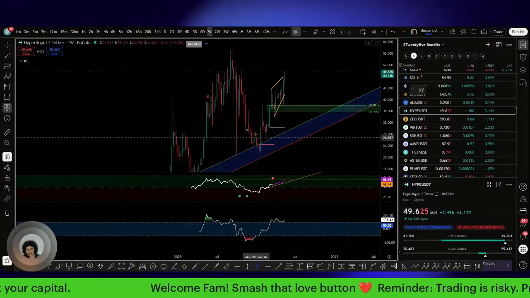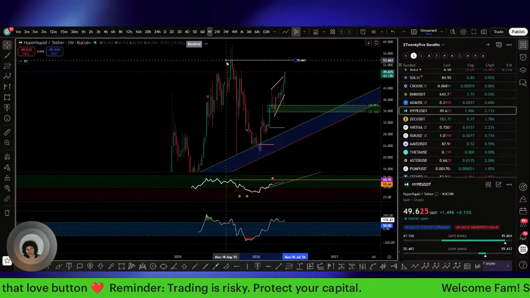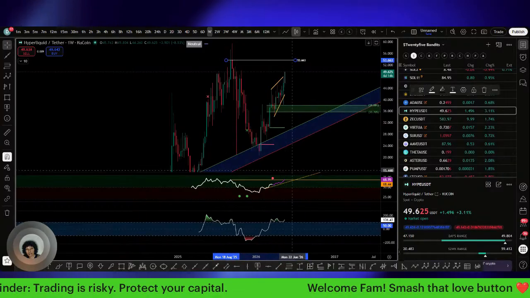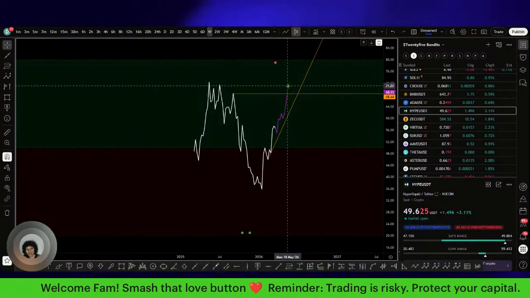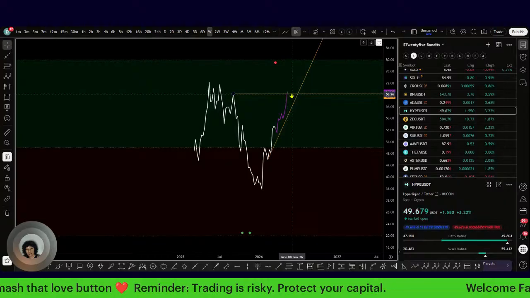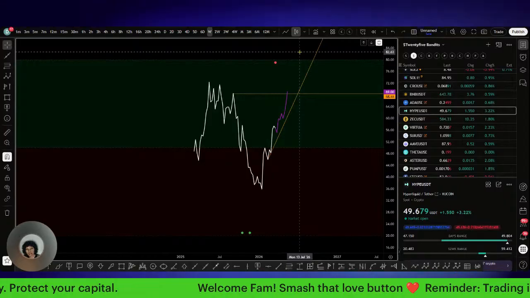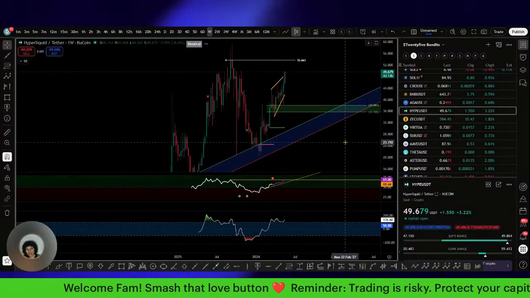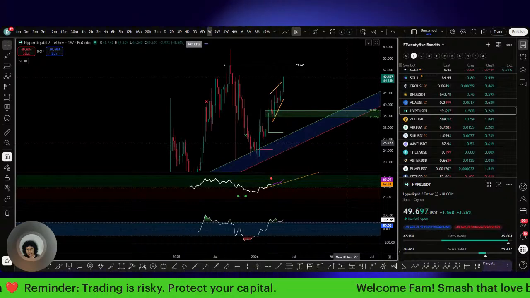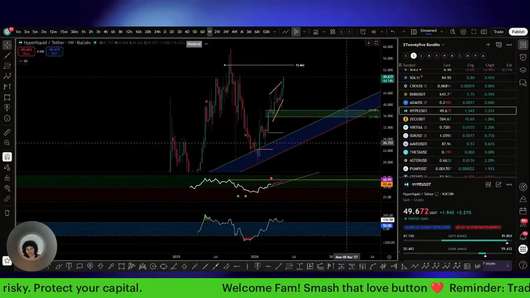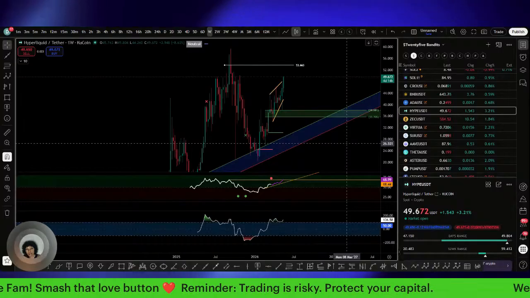Then it invalidates any sort of bearish divergence above this high right here. Gotta close above here to invalidate any sort of bear div as it is crossing above there right now. But this thing's still pushing higher. You don't see no bend, no break, no nothing. Like, what are you doing? This thing was looking crazy.